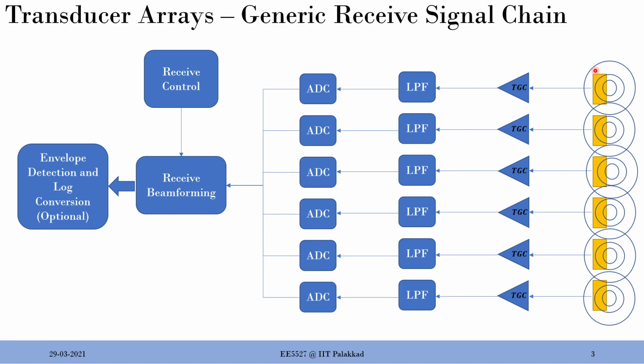In the receive signal chain, you need some antenna or sensor or transducer to sample the wave, the mechanical phenomena or the electrical phenomena happening in the medium, because only then can we image it. Something is there in space, and we need to sample that and convert it to a time signal. The phenomena happening on this side is captured by the array of sensors. Let's call it a sensor to be generic, but you can relate that to an antenna or transducer, because if I use too many terms it will be difficult to go forward.